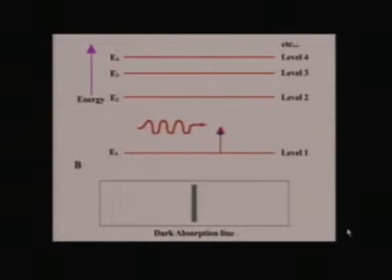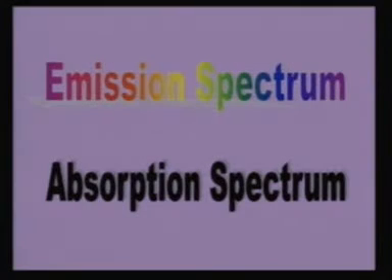On the other hand, we'll show you in the next animation that if an electron jumps from the level E1 to level E2 on absorption of a photon, you see a photon coming, being absorbed, and electron jumping from E1 to E2, this gives rise to an absorption line. It's a dark line, as you see in the illustration below this. So this is a simple process which you all know.